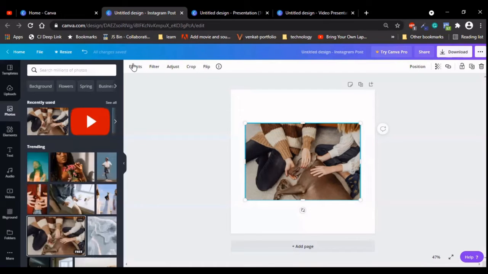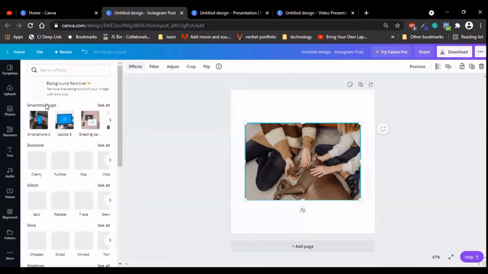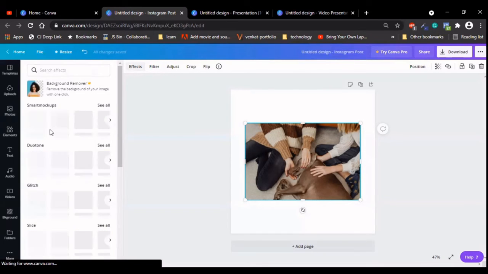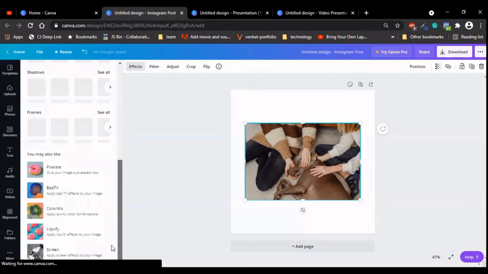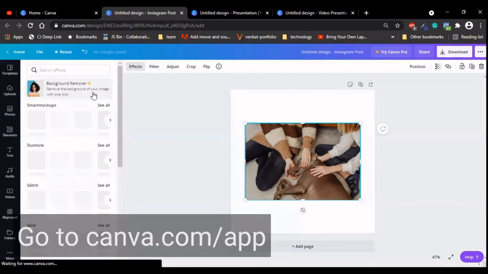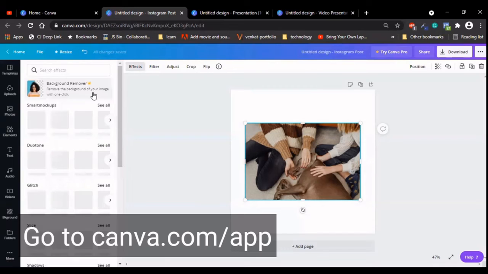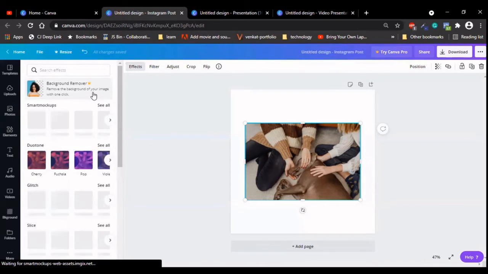Then you come to effects and you can already see smart mockups. If you can't see smart mockups, you can find it down from here. Smart mockups will be available here. You need to connect here, or you can go to canva.com/app. From there, you can select smart mockups and apply them for any designs. If you click see all,